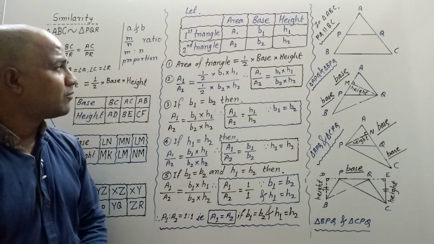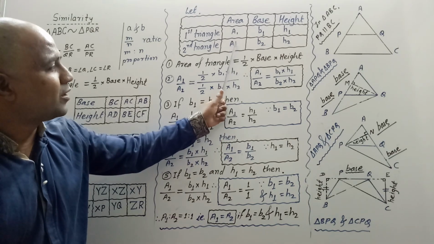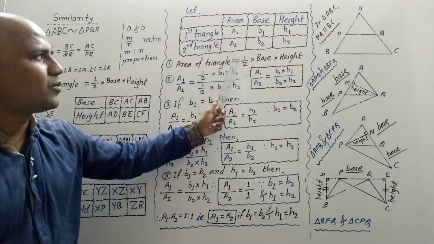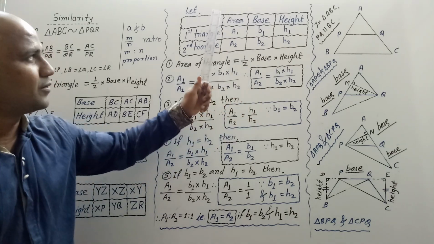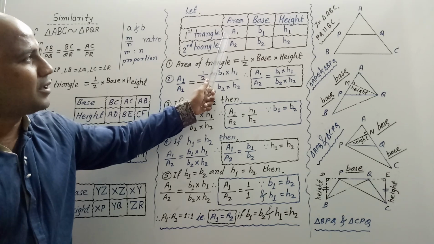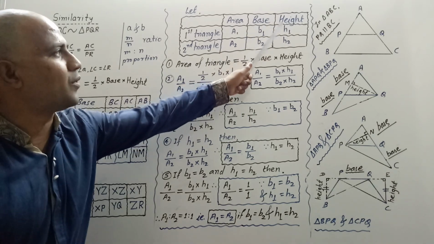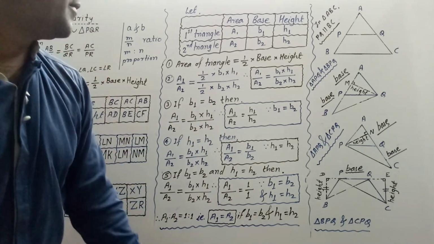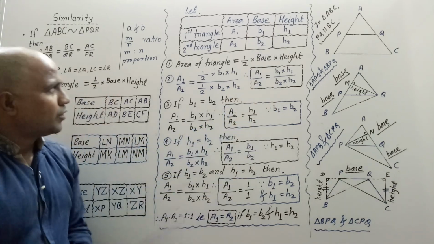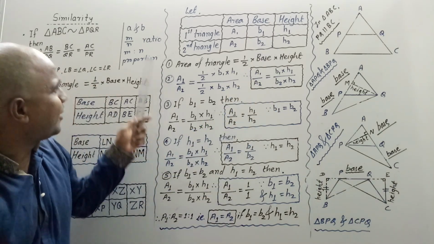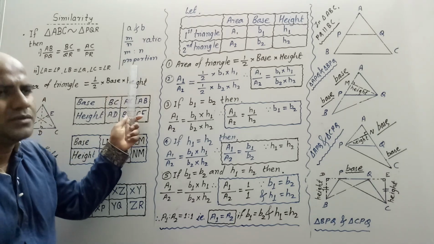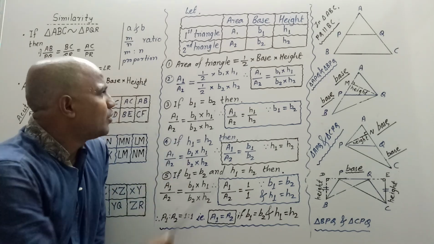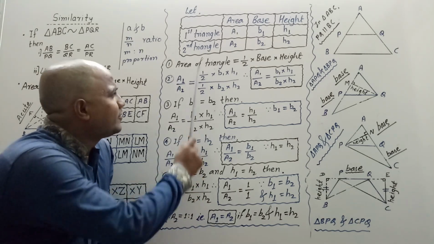Similarly, what is the area of the second triangle? A2 is equal to half into B2 into H2. Area of triangle is equal to half into base into height. Then what is A1? A1 is equal to half into B1 into H1. Similarly, what about A2? A2 is equal to half into B2 into H2. Then if you divide A1 by A2, divide means ratio. Another meaning of this is proportional, A1 upon A2, A1 ratio A2 is equal to, what is the formula